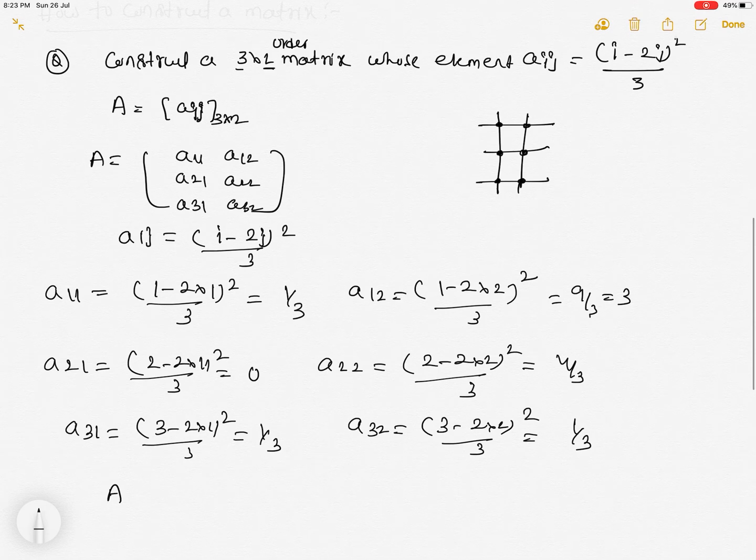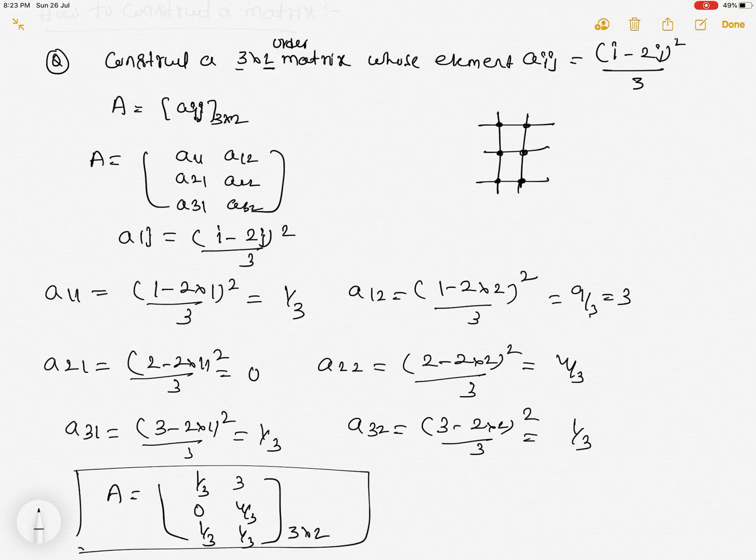Now let me construct the matrix. A equals, now write all the elements a11, a12, a21, a22, a31, a32. This is our 3 by 2 order matrix. This is how we construct a matrix. Like this we have to